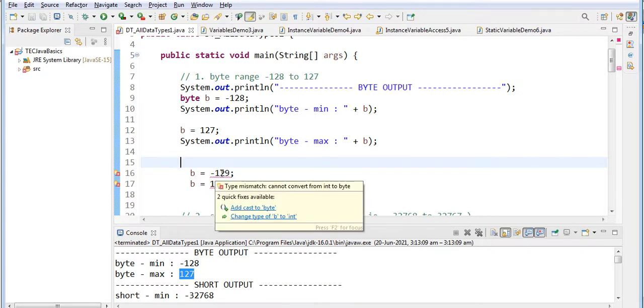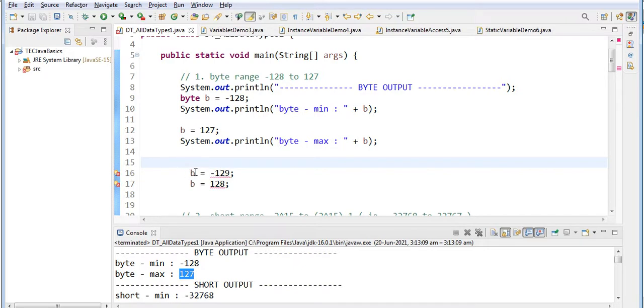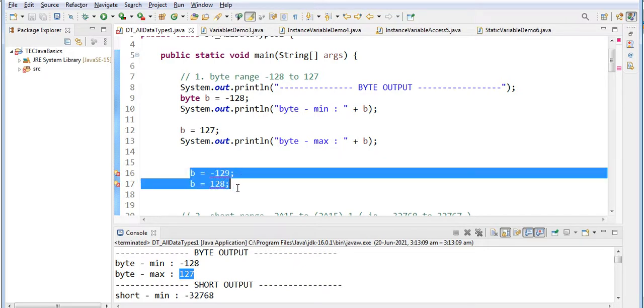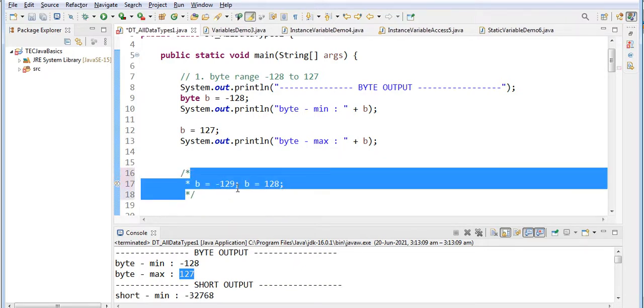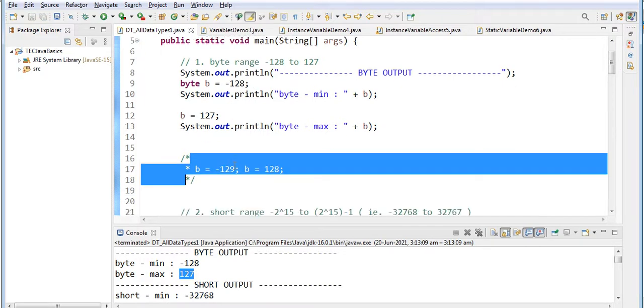So you can see the error: type mismatch, cannot convert from int to byte. It is crossing the range of the byte, so it is asking you to convert this into an int value, because int takes 4 bytes. So it will show an error. Within the range, that particular data type can take up the value.